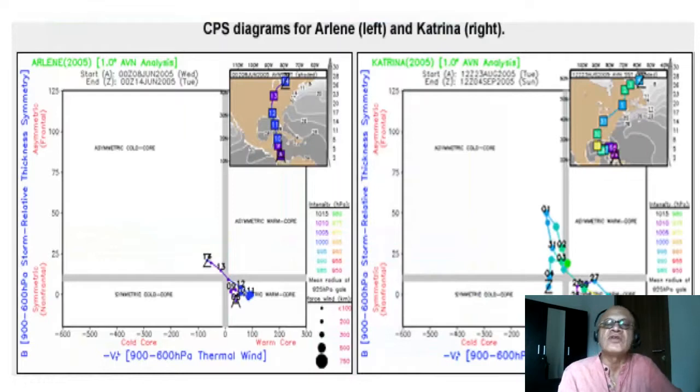So how does the cyclone phase diagram work? You can see here, sorry the figure is a bit fuzzy in the book itself. I didn't go hunting for it, but anyway, here it is showing on the y-axis the 900 to 600 hectopascal storm relative thickness symmetry, and on this axis it's showing the 900 to 600 hectopascal negative of the thermal wind, which we already defined before. So on the same phase diagram, this is Katrina and this is Arlene. This is from 2005 and this is from 2005 as well, but this was a remarkably weaker cyclone compared to